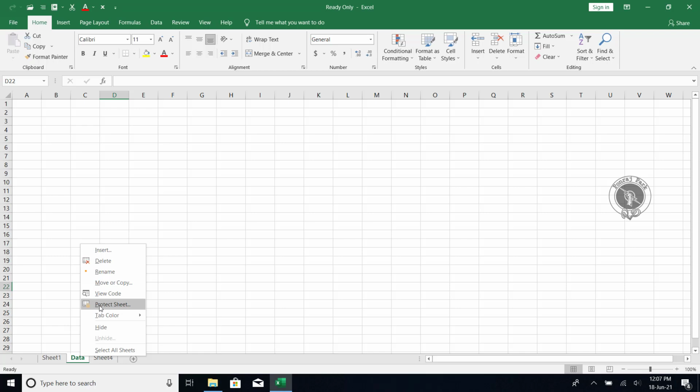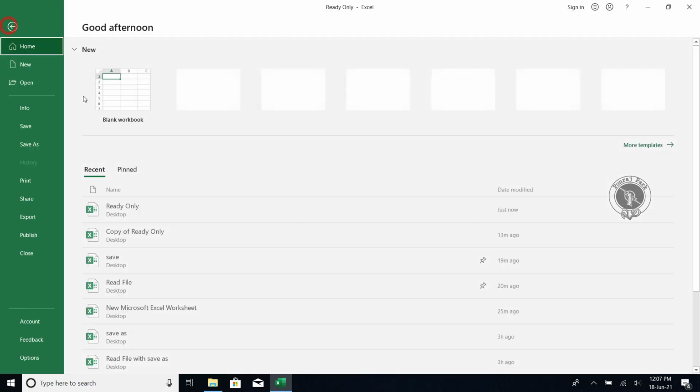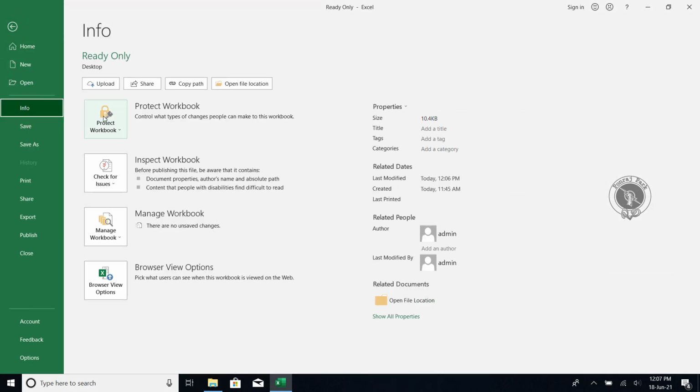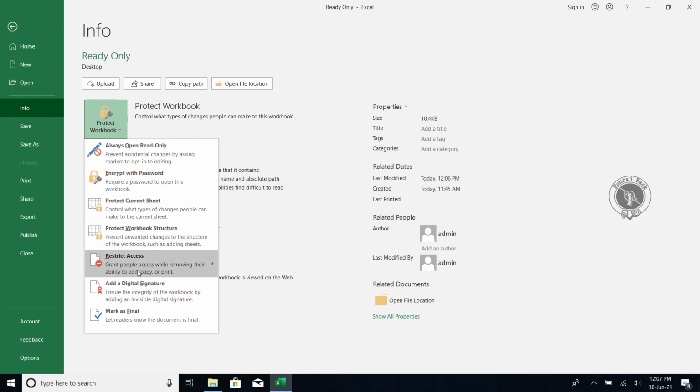Protect Sheet is for the password stuff that we are seeing here. Hide, if you want to hide this sheet, you can hide it. Okay, so this is the purpose of the Protect Workbook options. And the remaining things like Restrict Access are server-based, like connecting to a management server and getting templates.